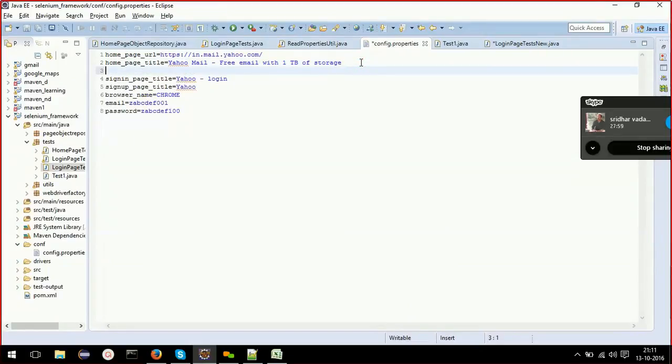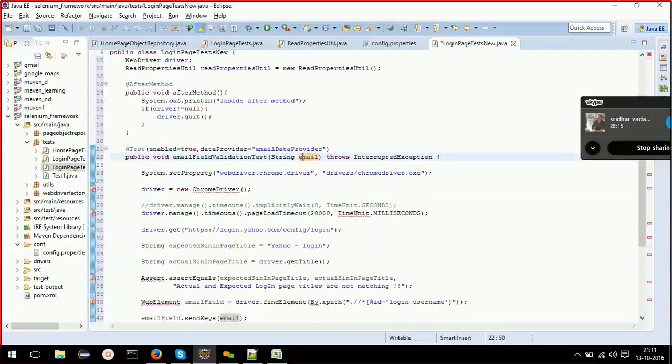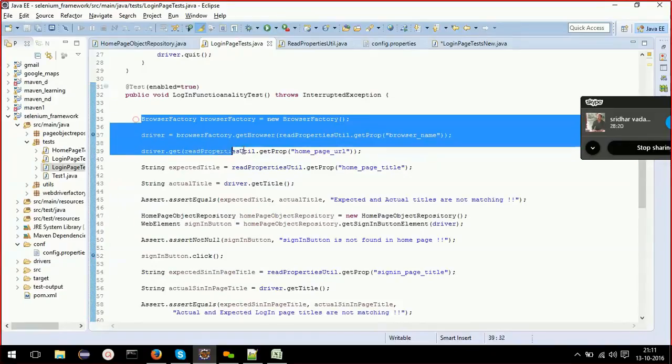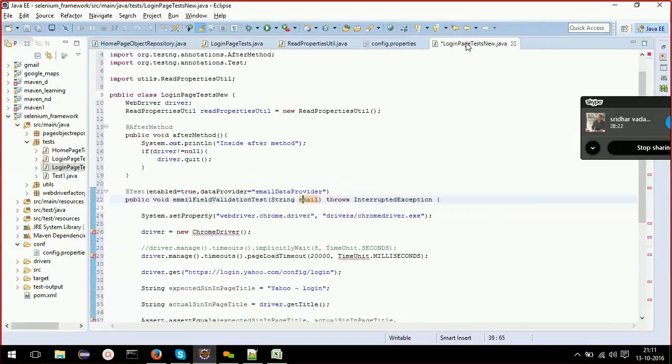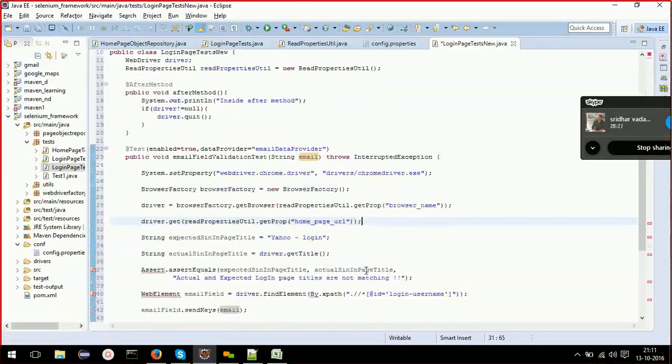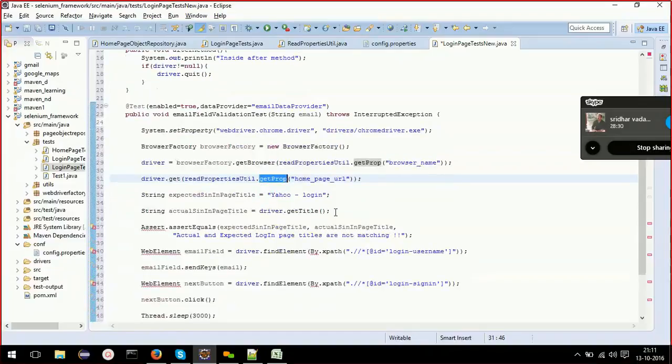I'll name it login underscore page underscore URL that equal to this. So in my test, first I need to do this. And driver.get, I need to get login page URL.